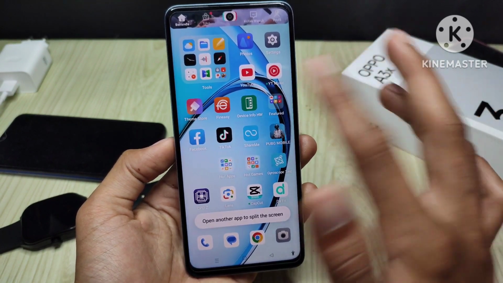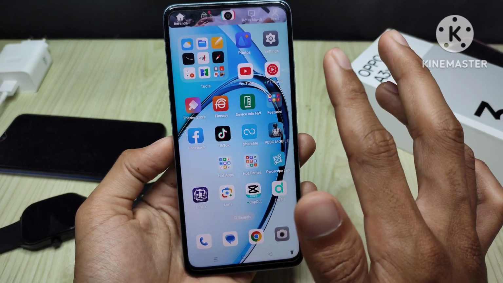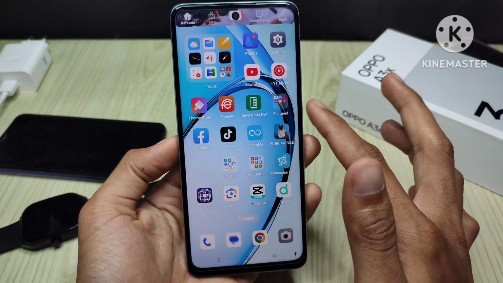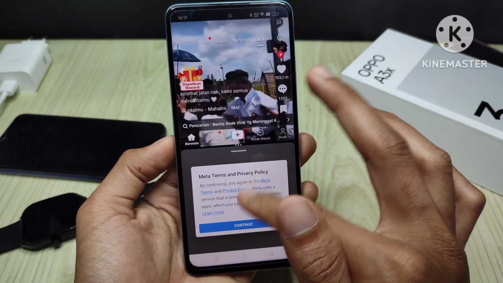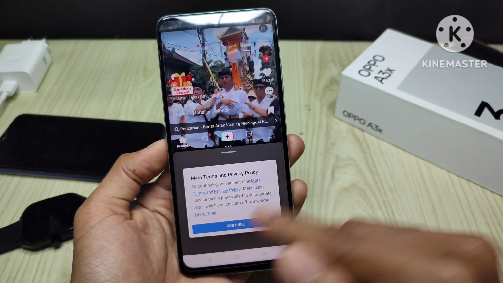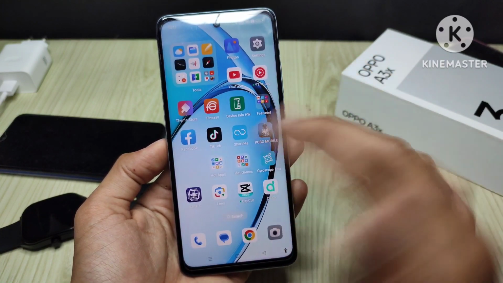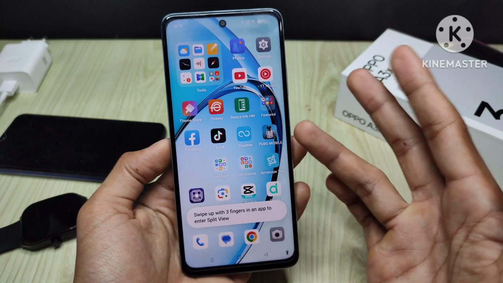and now you can open another app. What do you want to split screen? Maybe the Facebook app. Okay, just like this. And if you want to enable the feature to swipe 3 fingers to open the